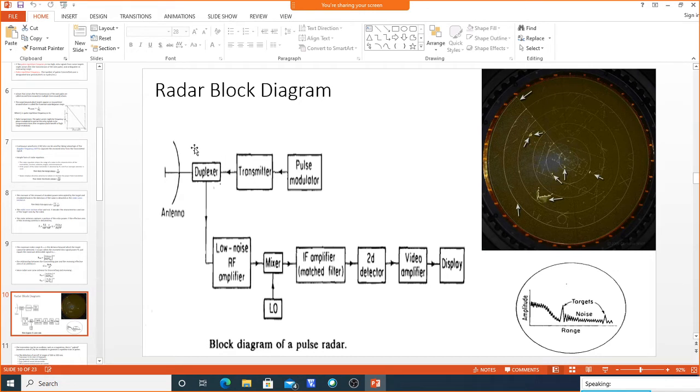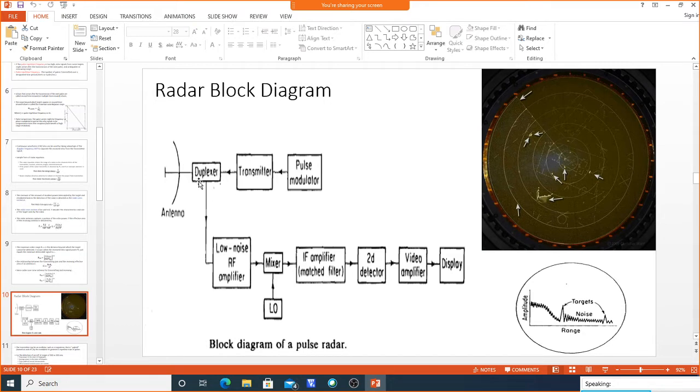Whenever you transmit the signal through the duplexer, it is transmitted from the antenna. Now what exactly does the duplexer do? The same antenna can be used for both transmitter and receiver, and this operation is controlled by the duplexer. It consists of a transmit-receive module and an anti-transmit-receive module. When the TR module is active, it only transmits the signal, and no reception happens at that time.